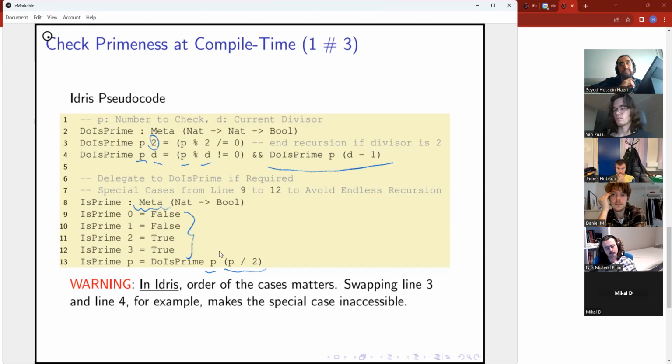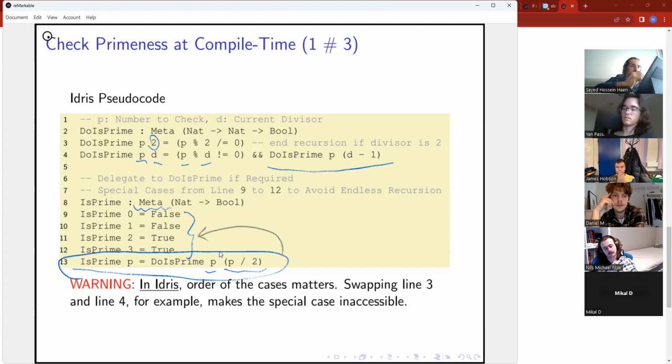Whereas in most lazy languages, the order of the pattern match is relevant, which means that if I move this line above these, then this line will catch all the instances, and I will never make it to the base cases. Whereas that's not the case in C++, as we're going to see.